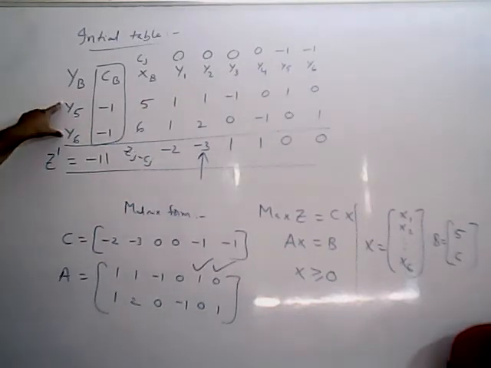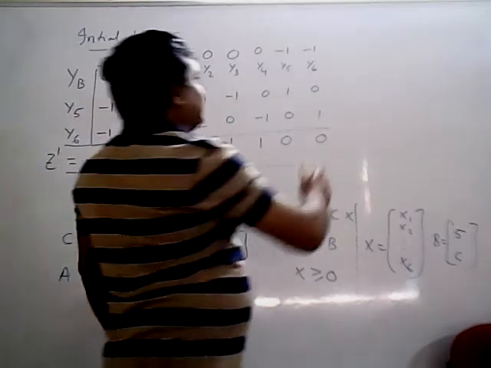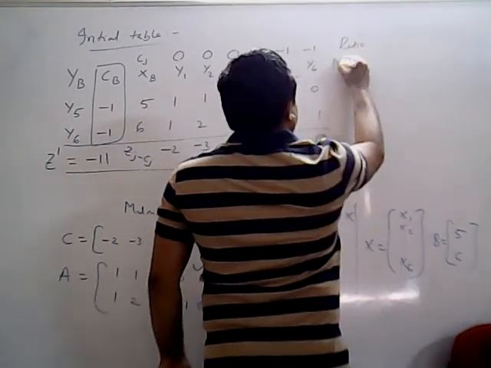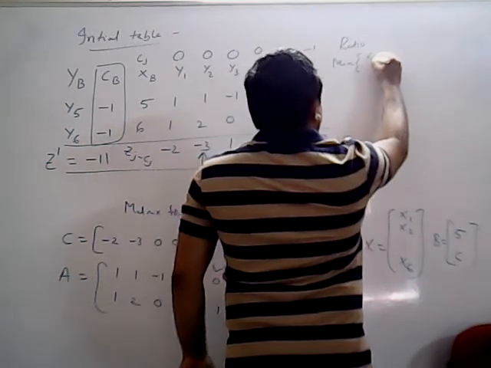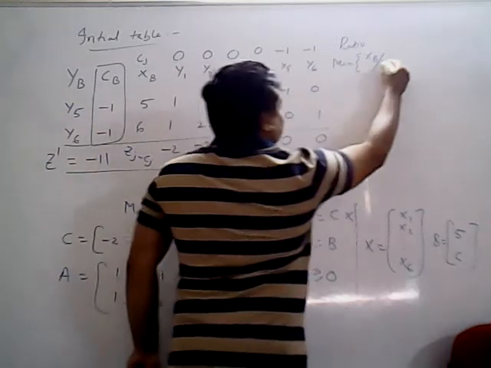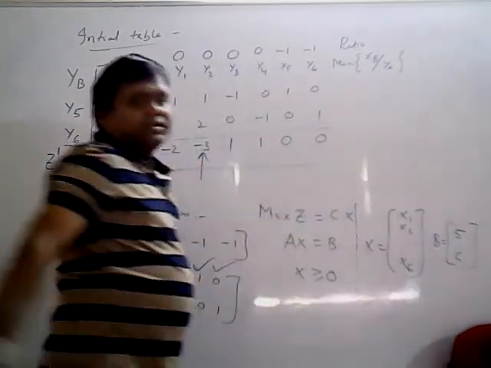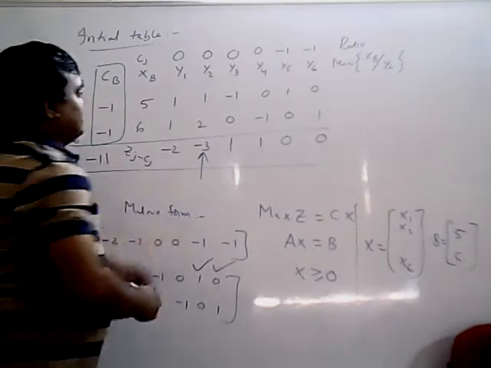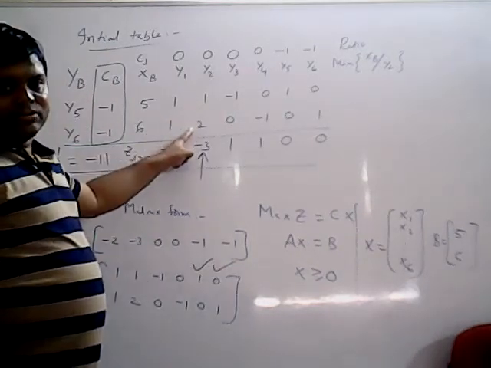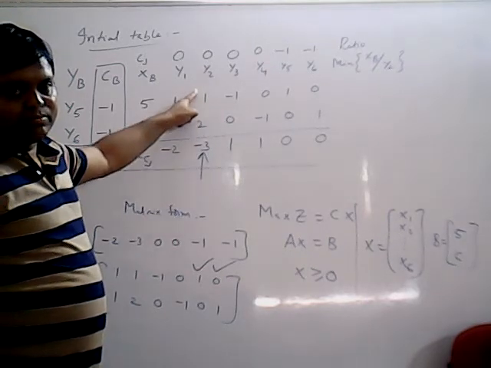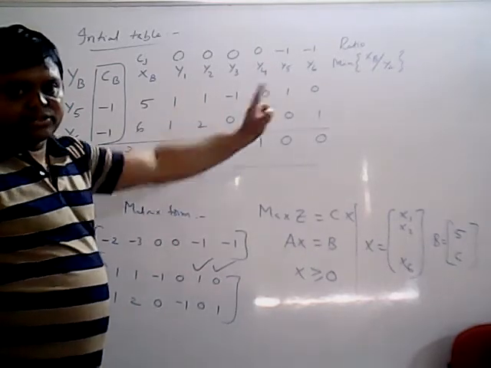And some variable must be deleted. So for that, what is the formula? Deleting variable formula is ratio you have to calculate. What is the ratio formula? Minimum of xb by entering column. What is your entering column here? Entering column is y2. So xb by y2. Now see, xb by y2. But in your entering column, 0 is there, negative number is there. Don't consider the ratio. Only positive numbers ratios you have to consider. But both are positives here. Both the ratios exist.